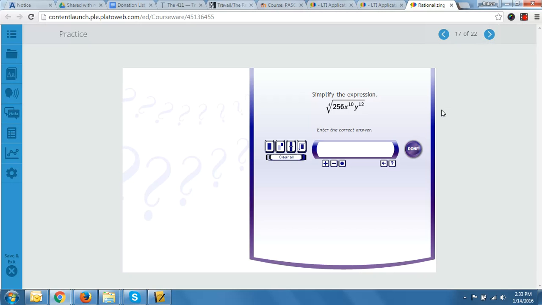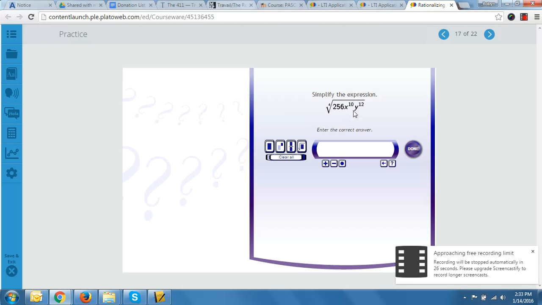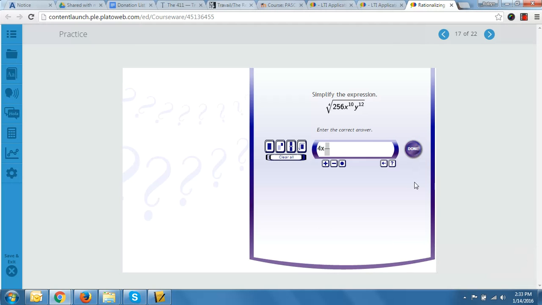The next one that we have is the 4th root of 256, x to the 10th, y to the 12th. And just so you know, my time is going to run up, so we're going to try to take off here really quickly. But this answer is going to be 4x to the, actually, let's just stop with this one and hopefully we can pick up